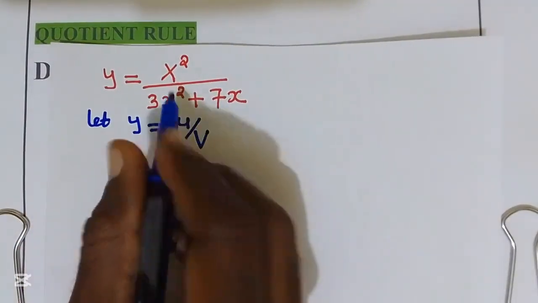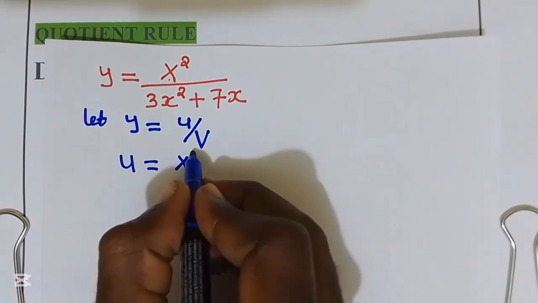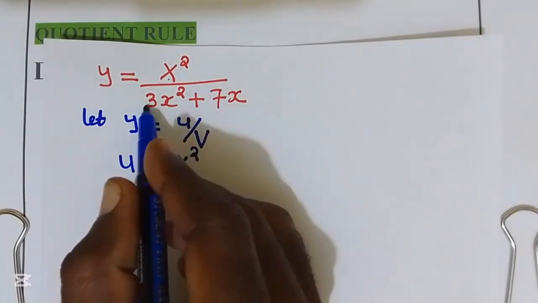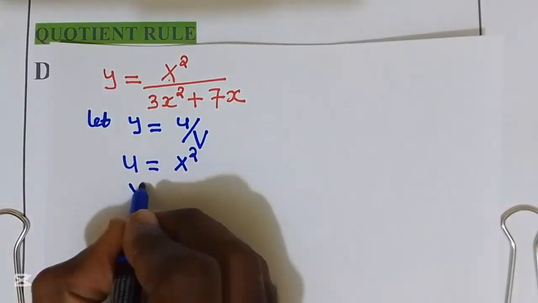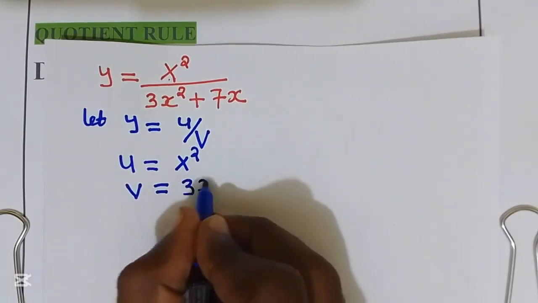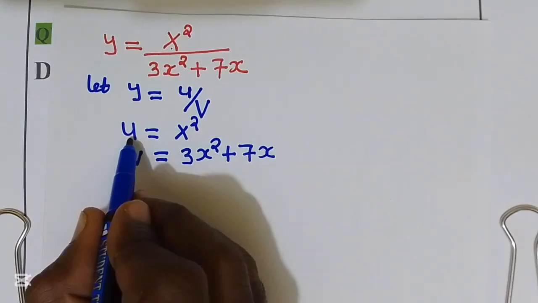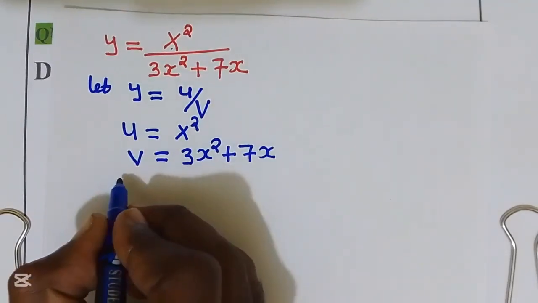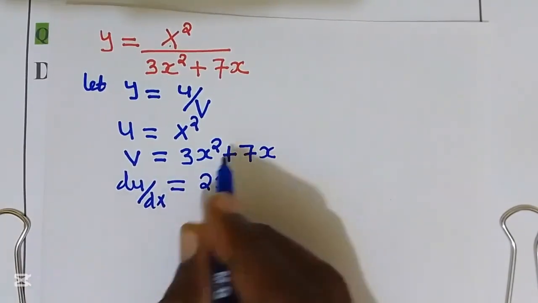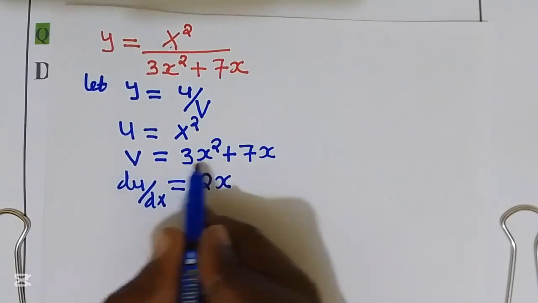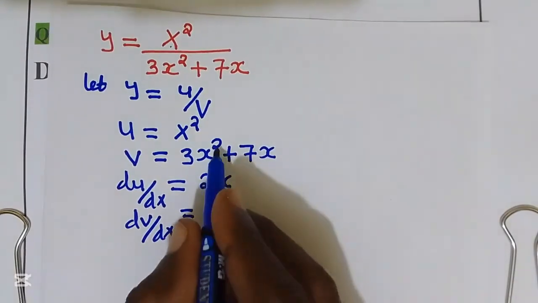I'm going to assign u to x square. That is, u is equal to x square, and the denominator 3x square plus 7x, I'm going to assign it to v. That is, v is equal to 3x square plus 7x. I'm going to differentiate u with respect to x. That is, du/dx is equal to 2x. And also, I'm going to differentiate v with respect to x. That is, dv/dx is equal to 6x